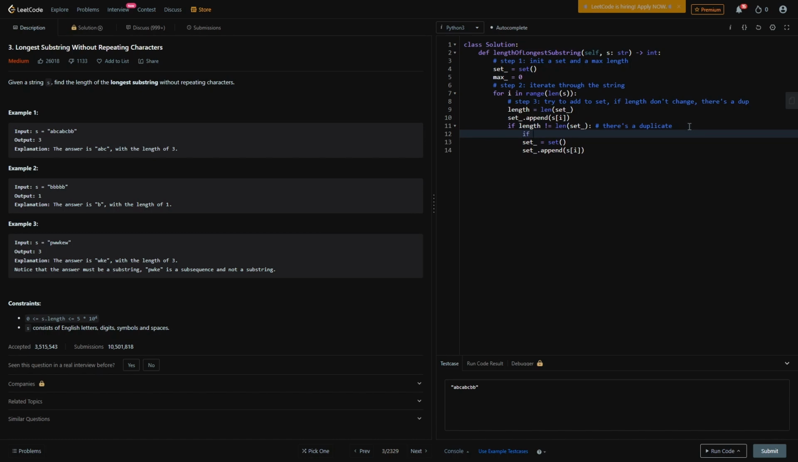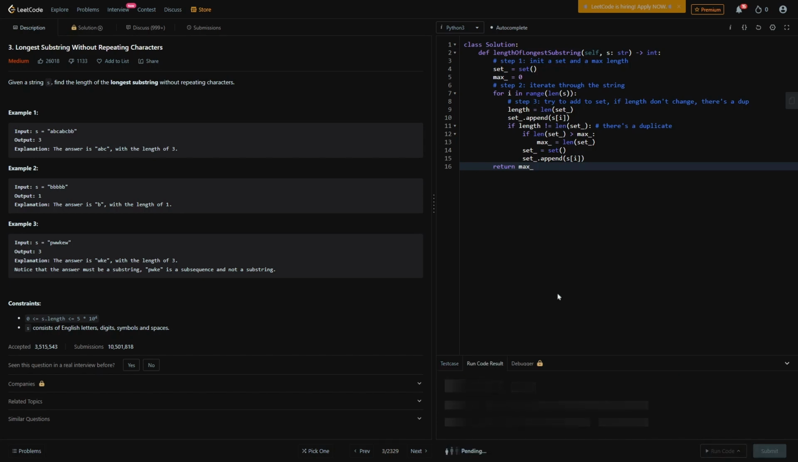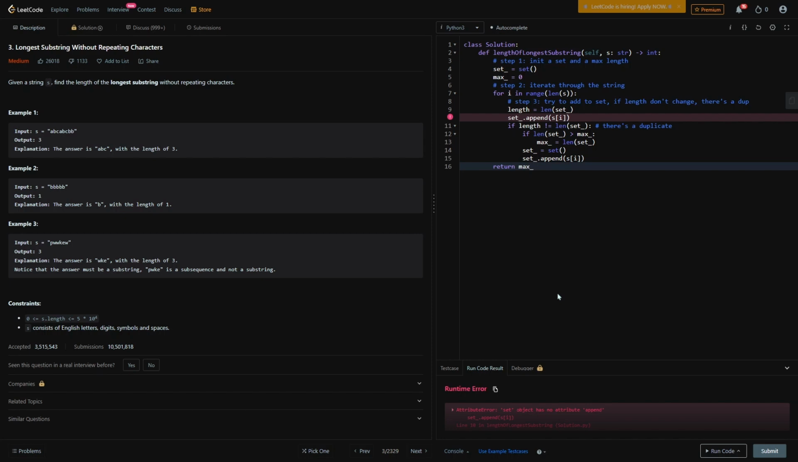We're going to say if len set is greater than max, then max equals len set. Without those extra parentheses, you don't really need them. And then that's it. Return max, I believe. See if that works. Set has no